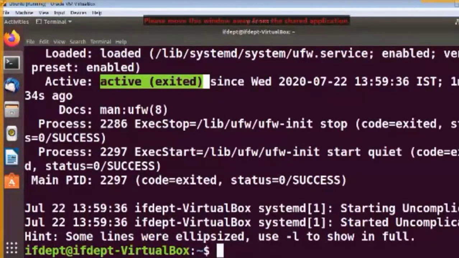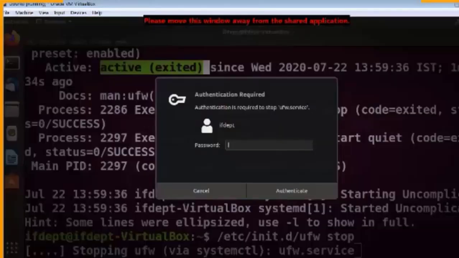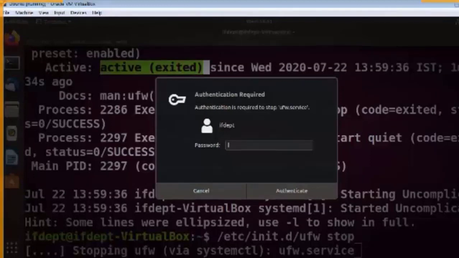Now how to stop this particular service? Again using the same command. For just what we will make the difference, instead of status we will type here stop. So press enter. Now this system is little bit different, so it is again going to ask me password.